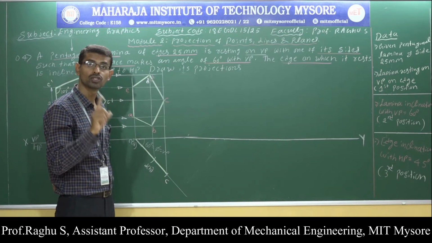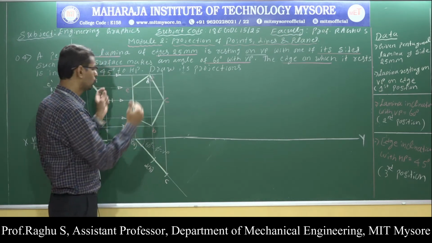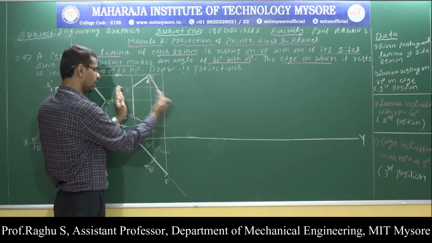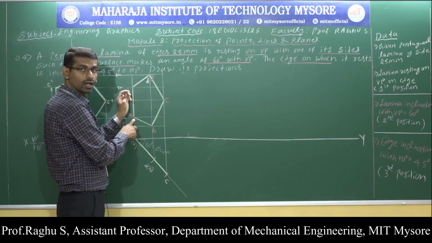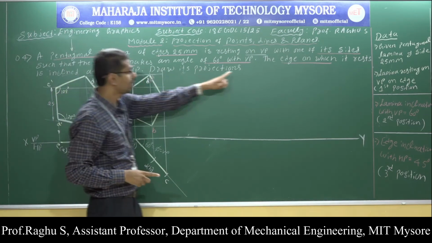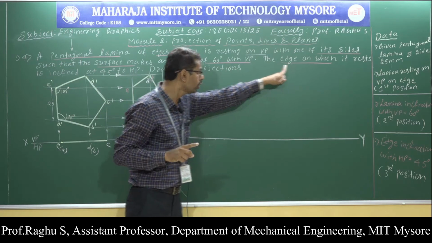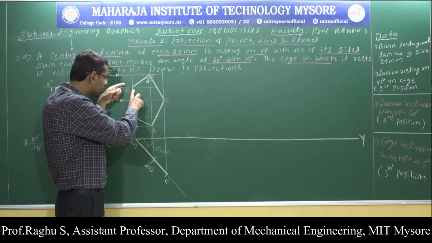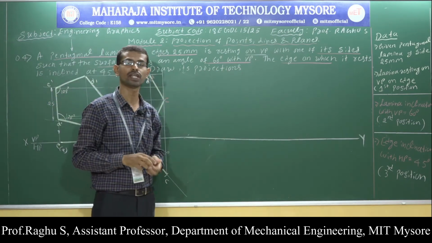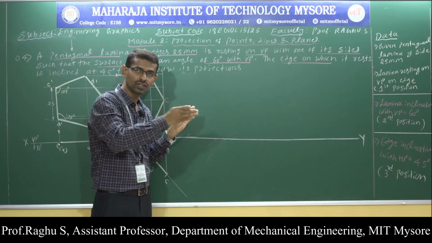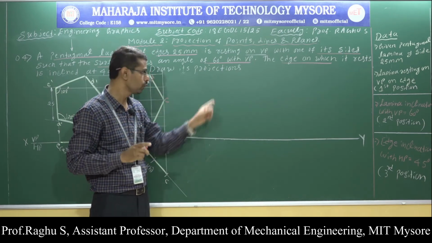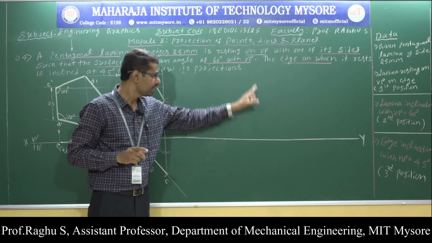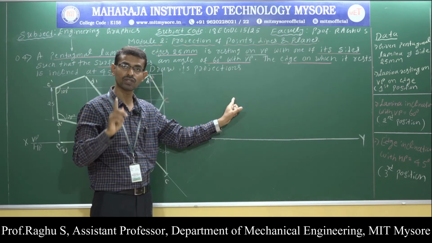Which one is the resting side? The side towards your left side is the resting side. So which side is towards your left side? The AE. The AE side is towards your left side. This is the resting side. In the problem he has mentioned, the edge or side on which it rests is inclined 45 degree with respect to HP, means this edge is inclined 45 degree with respect to HP. HP inclinations are visible in the front view. Front view should be written on VP. So this is the VP zone.